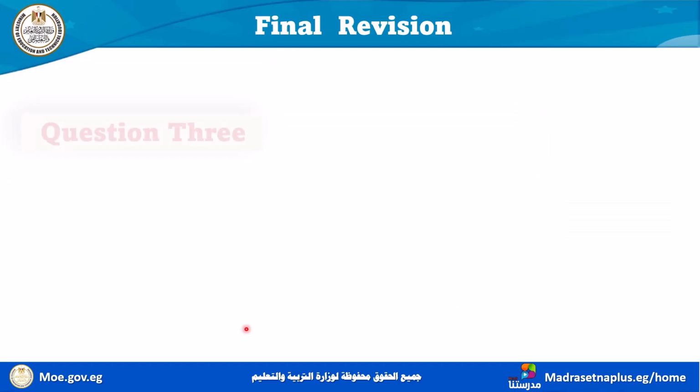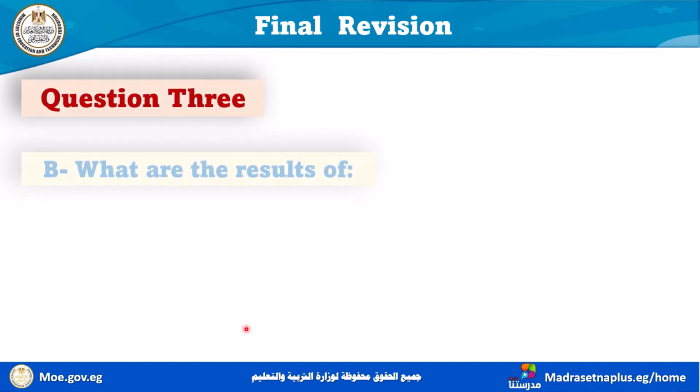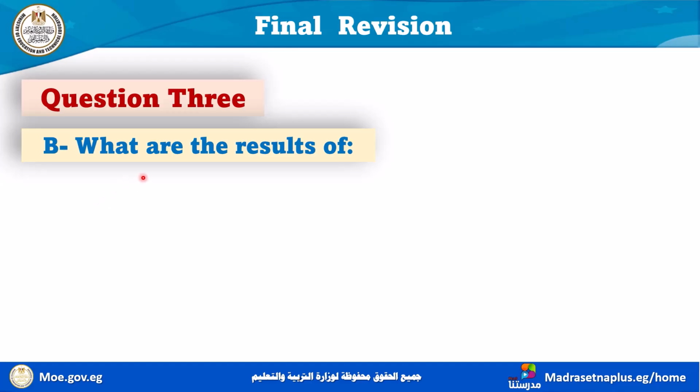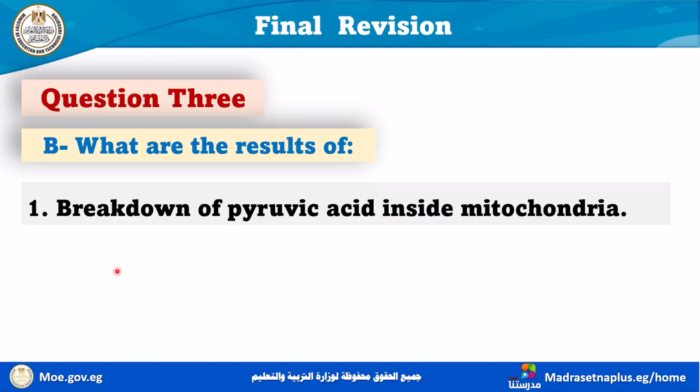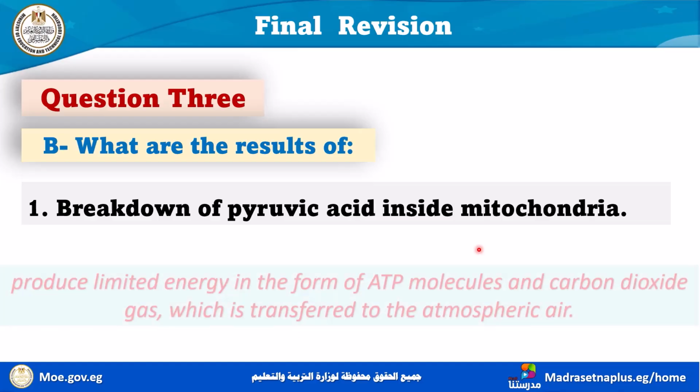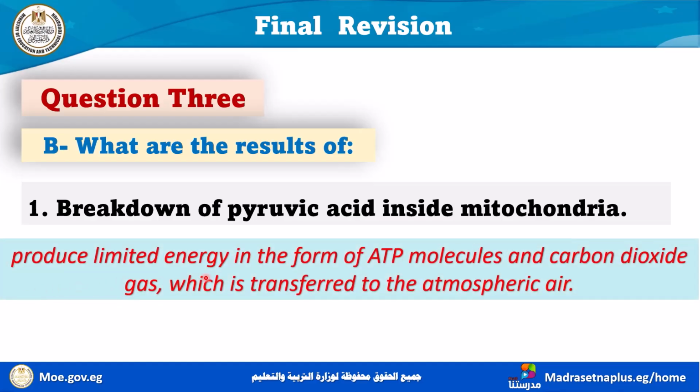Now let's move to the second part of our question, which is what are the results of? Beginning by number 1, what is the results of breaking down of pyruvic acid inside mitochondria? What happens when pyruvic acid is broken down inside the mitochondria? It produces limited energy in the form of ATP molecules and carbon dioxide gas, which is transferred to the atmospheric